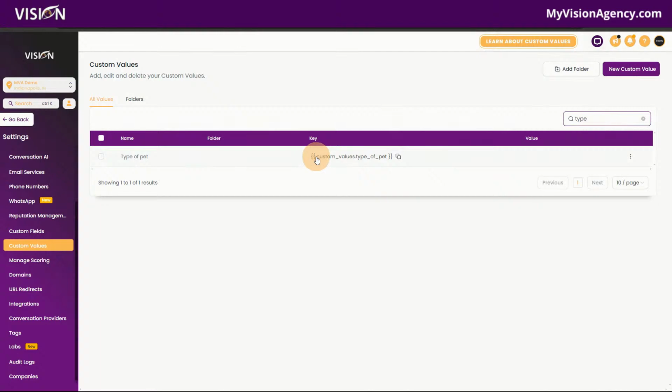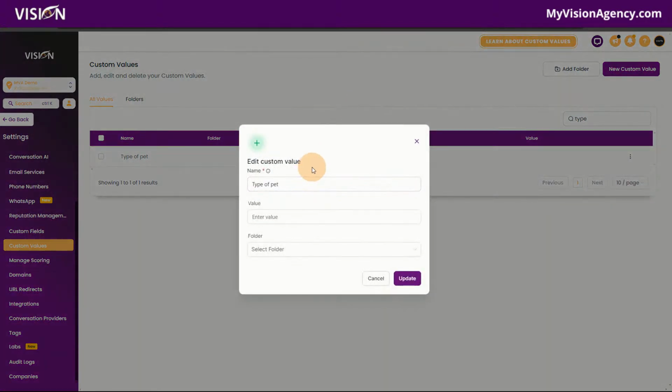Now I can put this in emails, I can put it on websites, I can put this anywhere that I want to, and it will show whatever value that I put in here. Okay, so let's edit the custom value. So let's say that I am a high level account and I have just signed up and I need to fill out the custom values so that all of my account is updated. And here I need to enter the type of pet that I own. So let's just say a dog